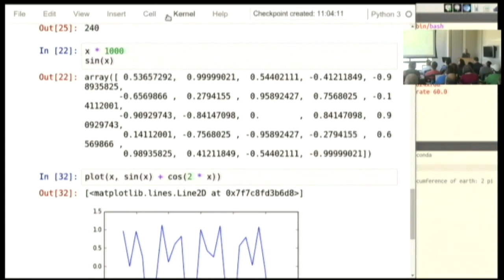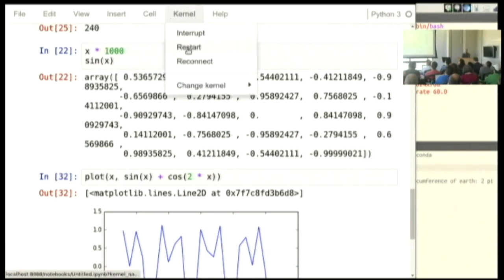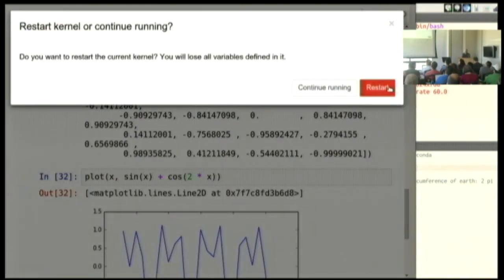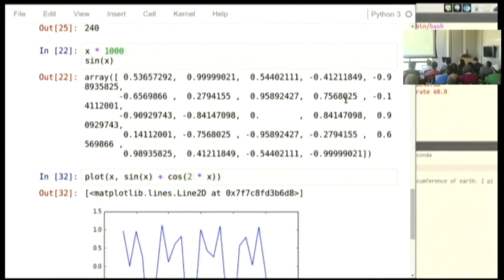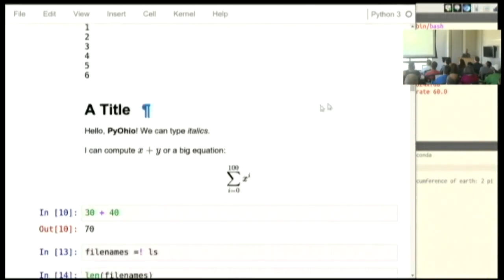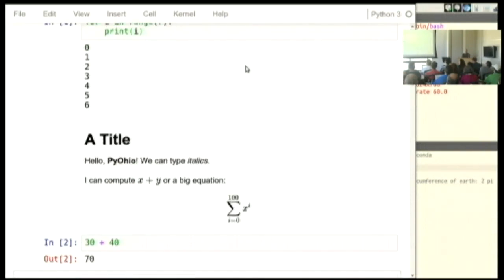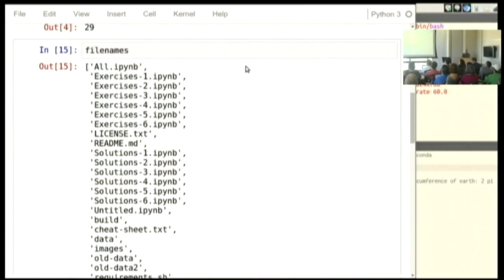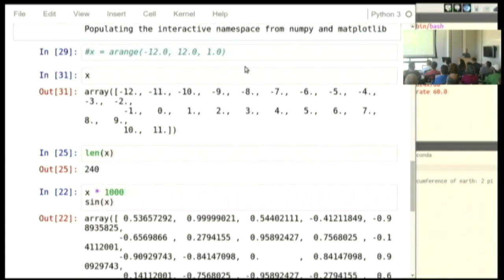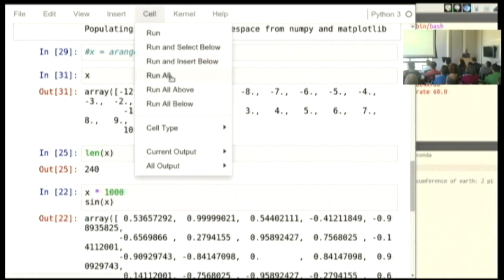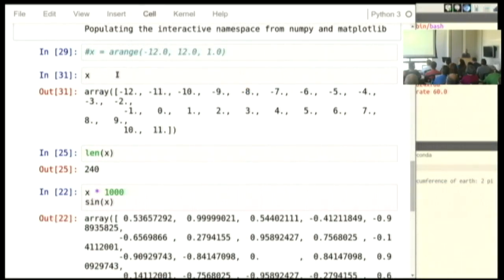Should I ever then close this notebook and reopen it, or simply restart, I've just restarted the copy of Python behind this notebook. I have a notebook that will print 7 numbers, that has this text, that runs 70, can grab these file names just fine. I'm just hitting Shift-Enter to run it from top to bottom. There's also something here, by the way, that will run an entire notebook afresh without you having to hit Shift-Enter, but we're going through this slowly.